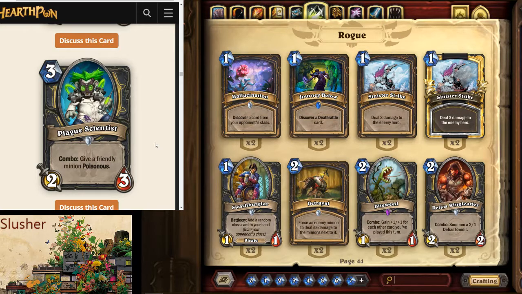Alright, 3 mana, 2/3 combo. Give a friendly minion poisonous. Note that this is give a friendly minion poisonous because I accidentally read it as give yourself poisonous the first time, so that means that you have to have a card that stuck on board the previous turn. Also, you can't play this on...